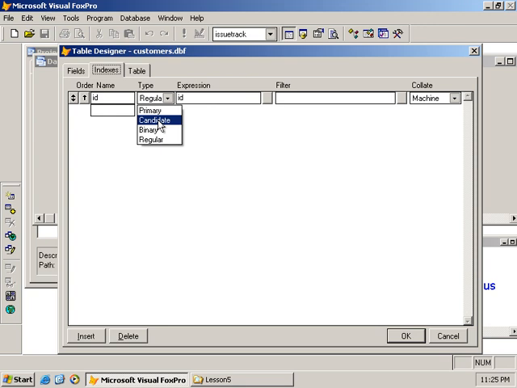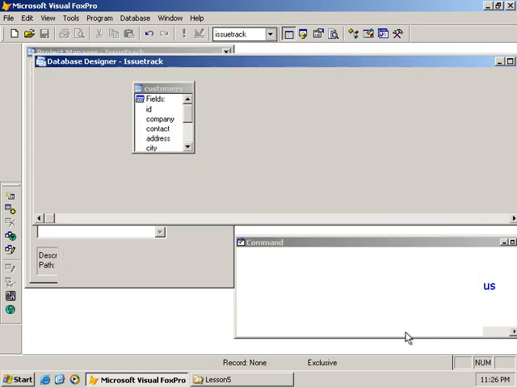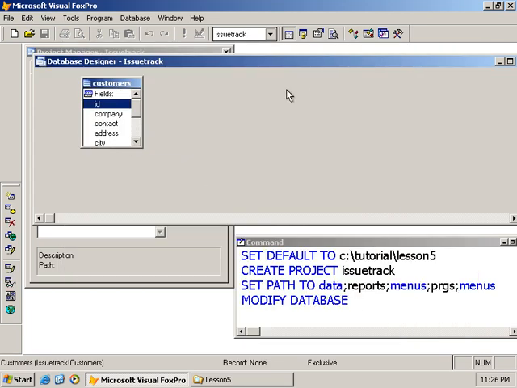A candidate is another key that can become a primary key, if you know about database terminologies. I tend to use candidate because when I go to rebuild an index, there is no clause for me to specify primary. I can always specify candidate from the command window. I find that primary can only be specified from within the table designer, so I tend to go with the candidate and leave it there. And I could put a filter on this, no, in fact, that's okay. So click OK, and then our next table,